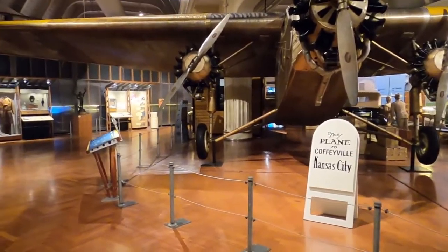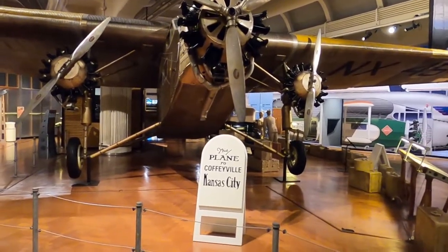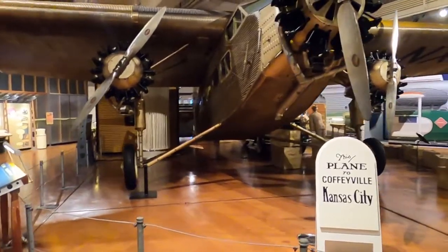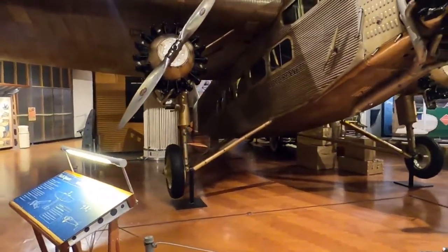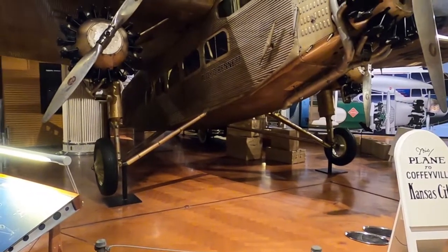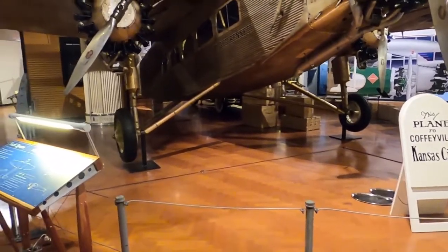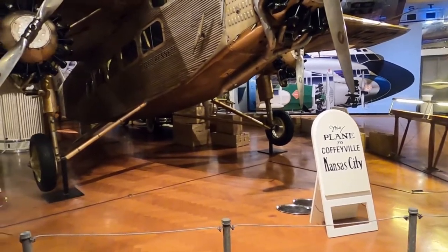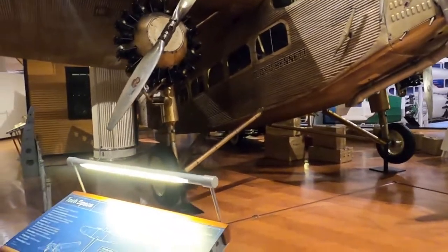As a child vacationing in Maine, I remember going into Portland to tour a battleship. Couldn't tell you the name of the battleship. The thing that I remember the most is looking up and seeing one of these Ford Tri-Motors flying over, and my dad being amazed, very excited to see one. I mean, this is a 1928 one, so